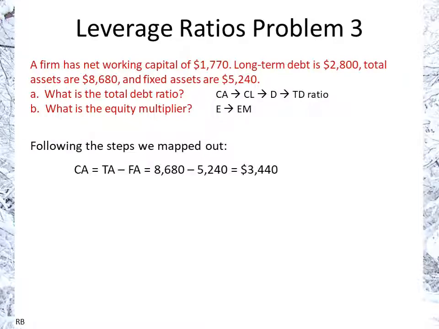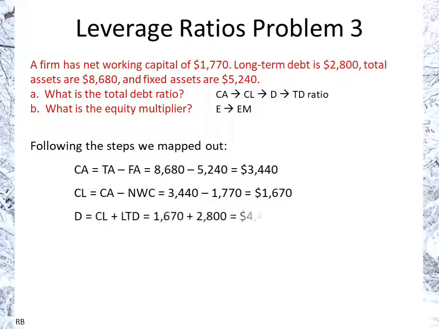So the current assets then are going to be 3,440. Then the current liabilities will be that minus net working capital, so 1,670. Total debt then, or total liabilities, are the 1,670 plus the 2,800, so that's 4,470. And then we divide that now by the total assets of 8,680. And that gives us